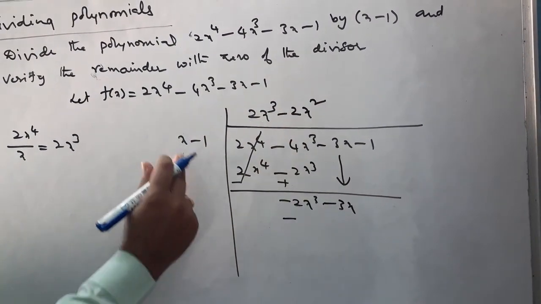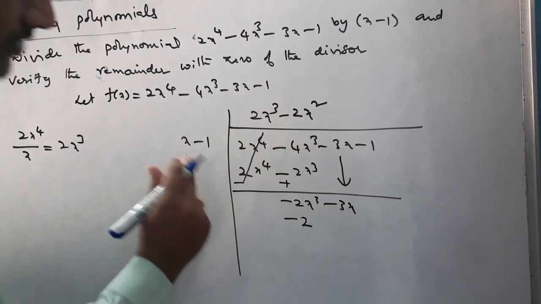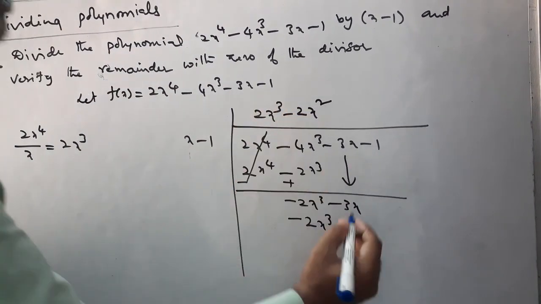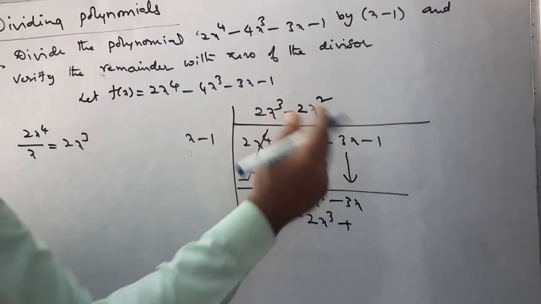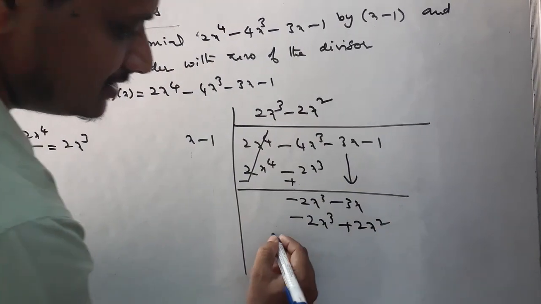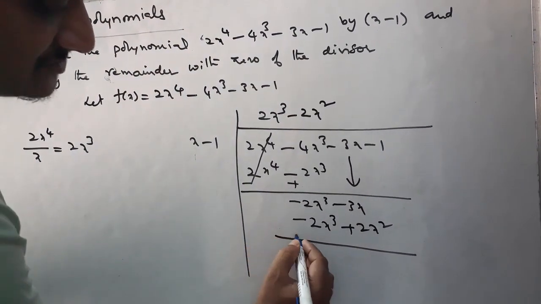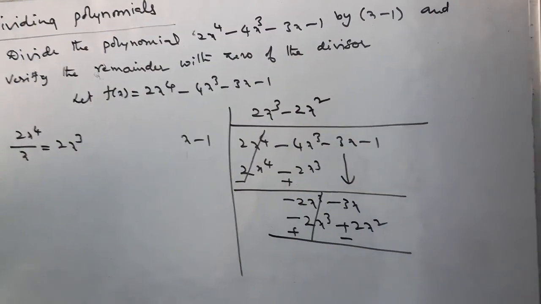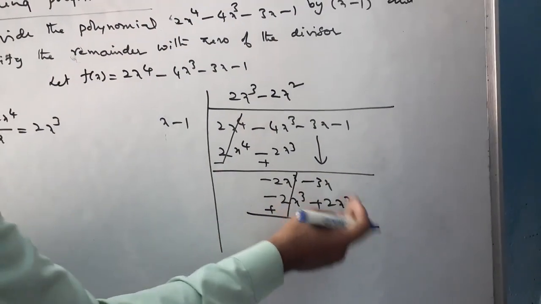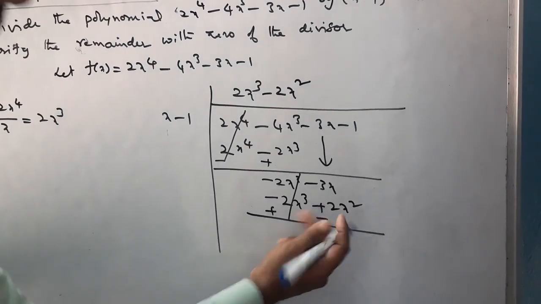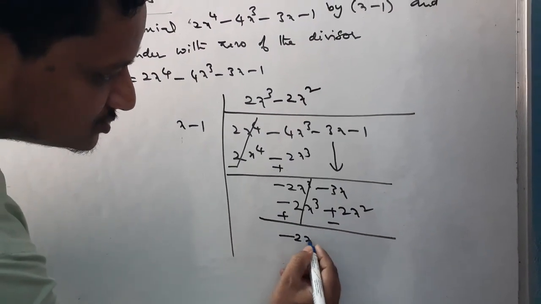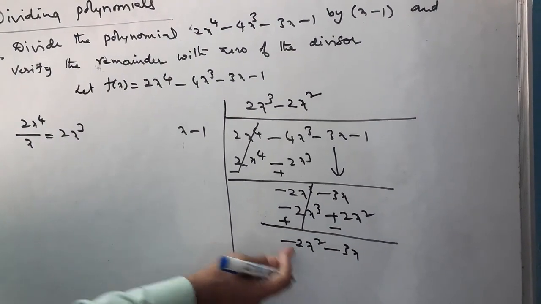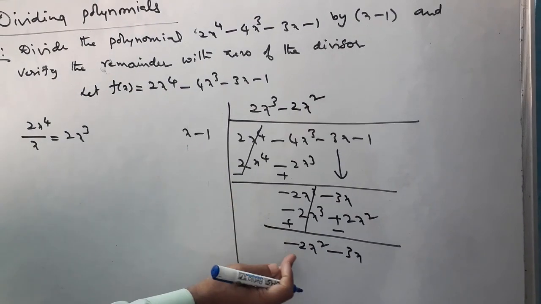Minus 1 into 2x square into x square, we will get x cube. Again minus into minus, plus 1 into 2x square means 2x square. Here we have to change the sign, minus becomes plus and plus becomes minus. These both will be cancelled. Here minus, these two terms are different terms, so we have to keep them as they are: minus 2x square minus 3x. Again here minus 2x square divided by x,